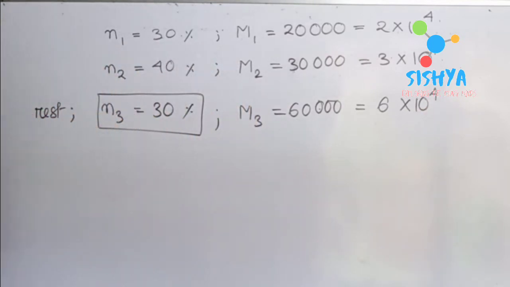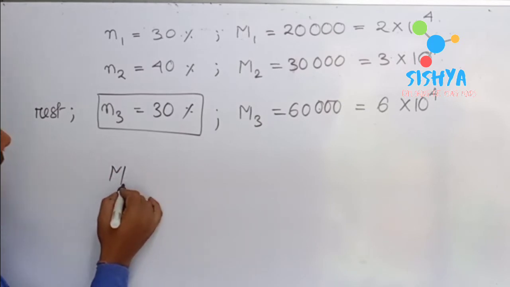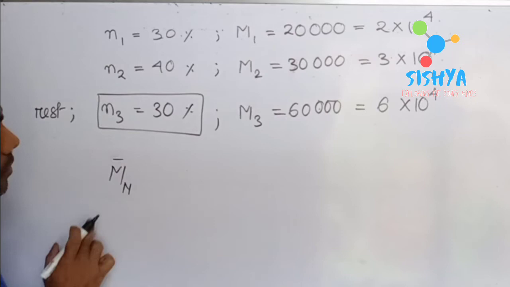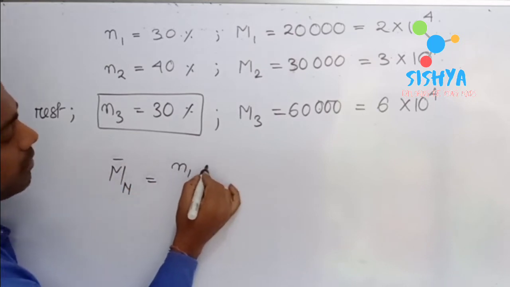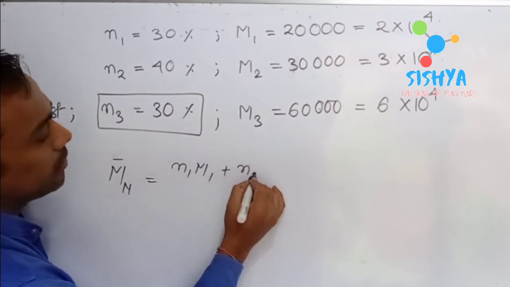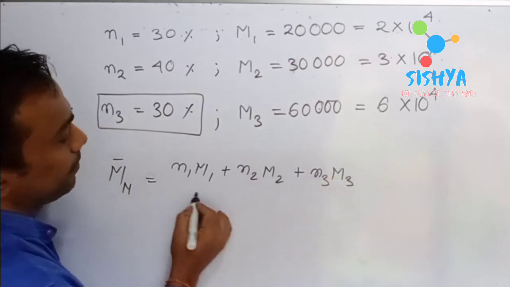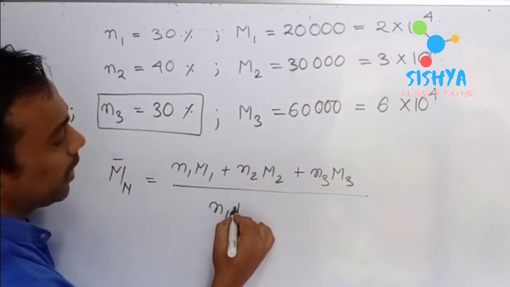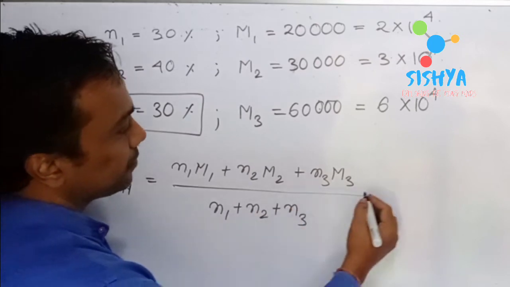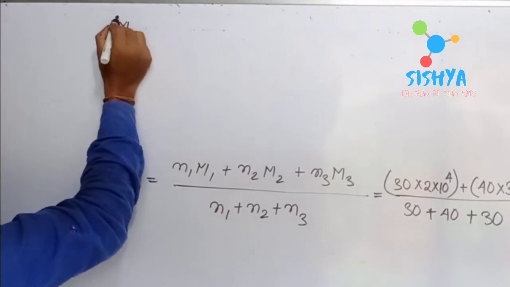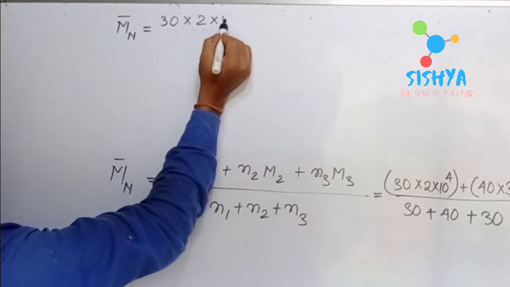So this is the clue from the question. Hence we have to find the value of M bar, the number average molar mass. The equation was (N1 M1 + N2 M2 + N3 M3) divided by (N1 + N2 + N3). Now place the values. Hence M bar will be 30 into 2 into 10 to the power 4